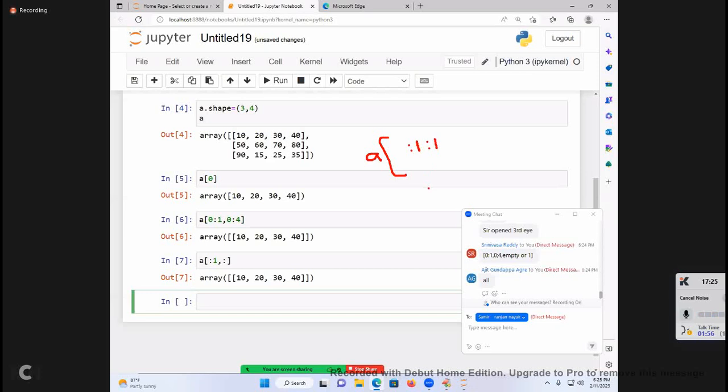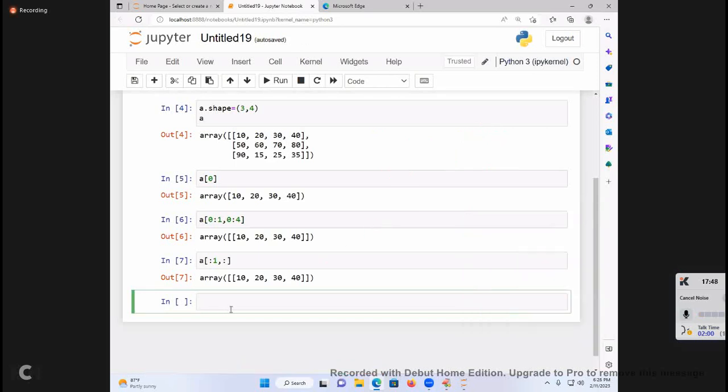Simply I can say like this only. If you want, you can write this also, no issue. Comma. Tell me. Colon, colon. What is that? Colon, colon 1: all the rows with step 1. A of colon 1, colon, comma, colon, colon.